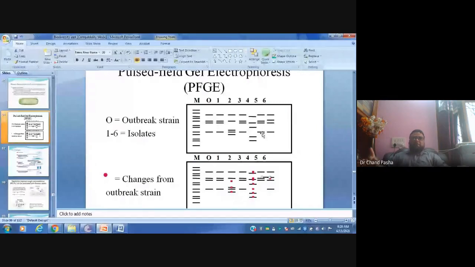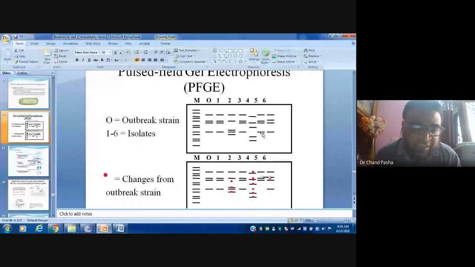Here, if the GC content is increased, it will become compact. If the GC content is less, it will become a relaxed structure. So the compact structures will migrate higher. There is no GC content in plasmid, whatever example I told you. But in this case, if you are collecting genomic DNA of different species, they have different GC contents, so we will be separating them based on the GC content.